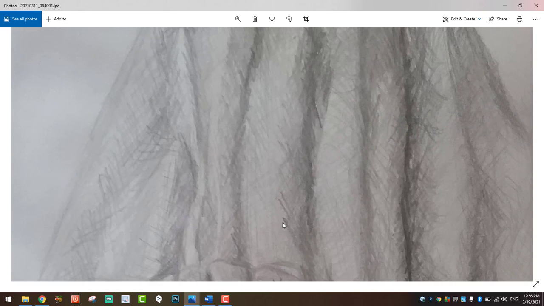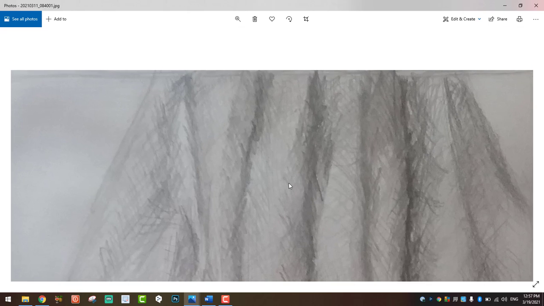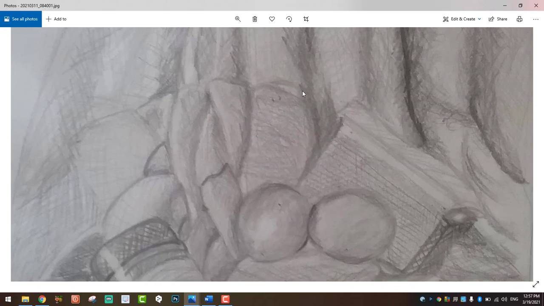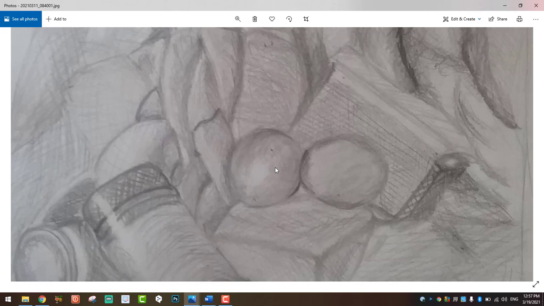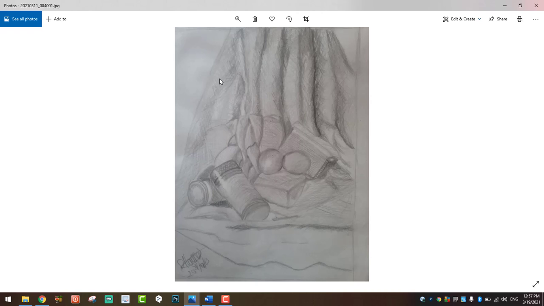Yes, I see that you're getting a little more confidence with your cross-hatching shading technique, but you still got a lot of work to do with that too. What are these? Where's the light and dark? Where's the light, dark, and shadow? And I always say to students, whenever you're shading, after you finish your construction phase and you ensure that the objects are constructed properly,